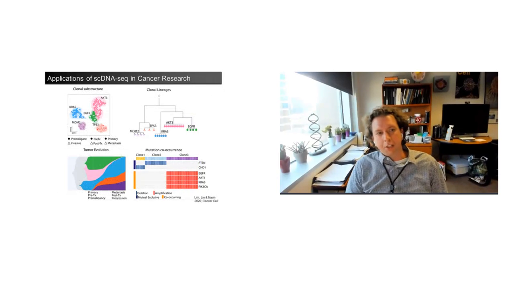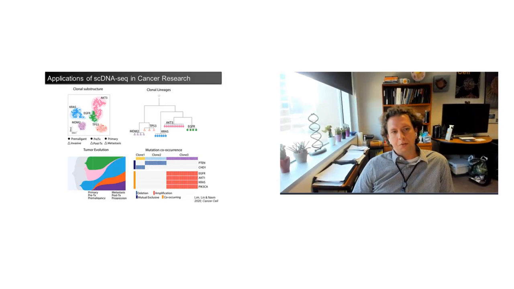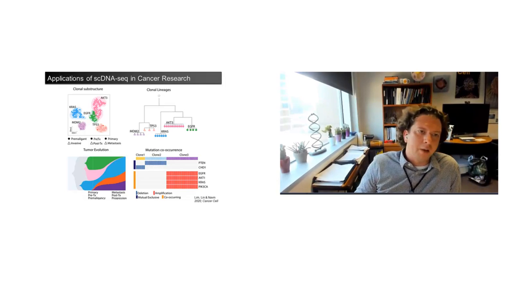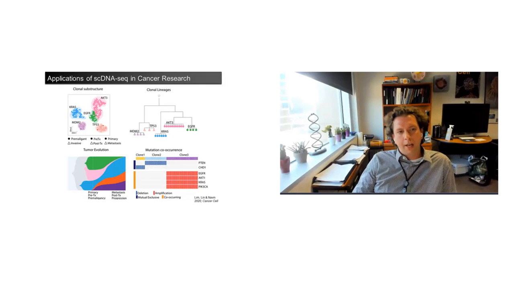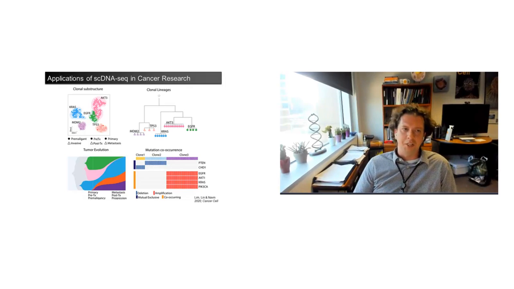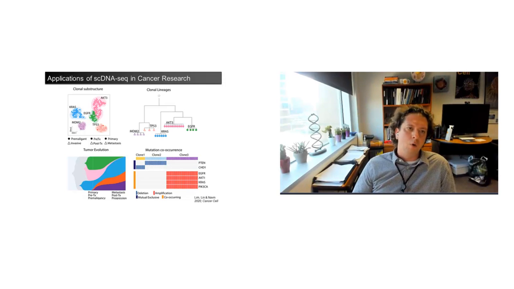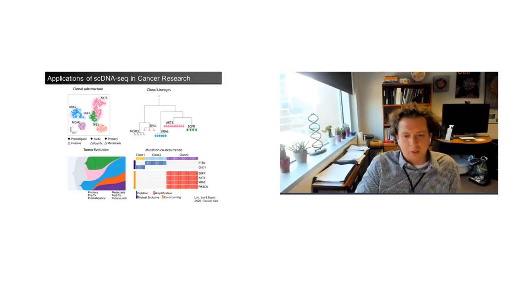So what are some of the applications of single-cell DNA sequencing in cancer research? They can be used to resolve clonal substructure and really understand what populations are present in the tumor and what kind of mutations they harbor. They can also be used to reconstruct clonal lineages, understand the timing of mutations or copy number events over time as the tumor progresses. These methods can also be used to look at clonal dynamics and understand, in response to therapy, or comparing primary and metastatic tumors, or premalignancies and invasive tumors, which clones are changing, what does selection look like